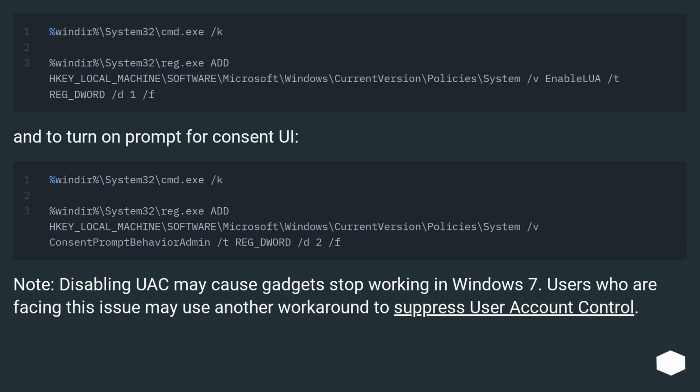Note: disabling UAC may cause gadgets to stop working in Windows 7. Users who are facing this issue may use another workaround to suppress User Account Control. Source: